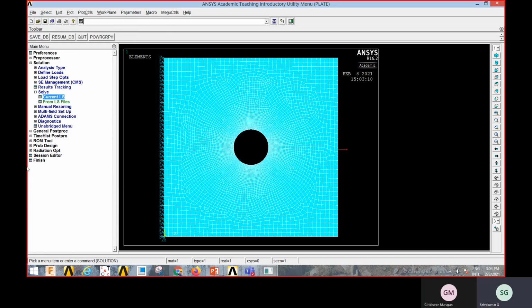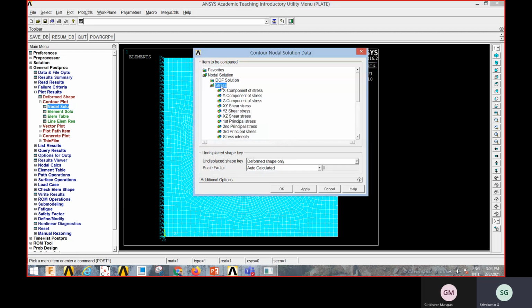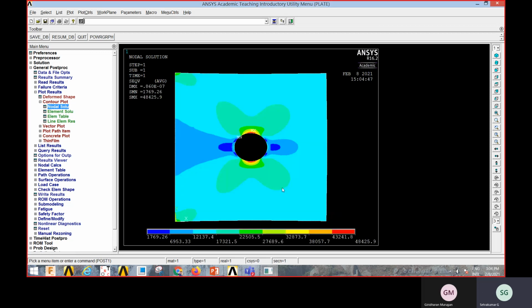Now click on general postprocessor, plot results, contour plot, nodal solution. Click on nodal solution. Choose stress, where you can choose von Mises stresses, and show that. So here it is giving you the maximum stress value. You can read it from here. The red indicates the maximum value. So this is the highest value,